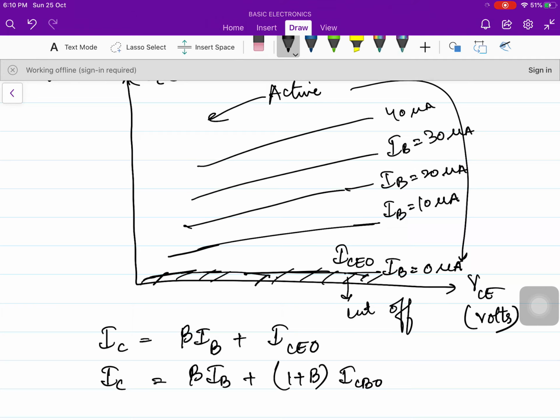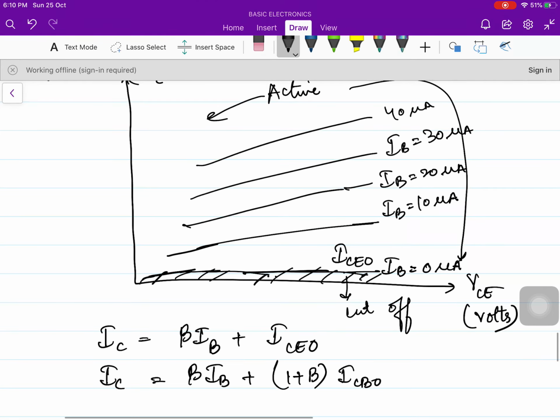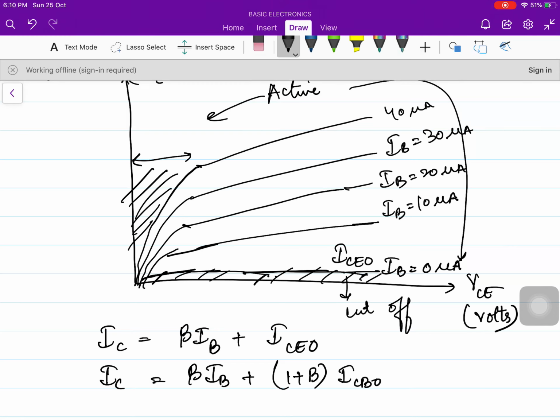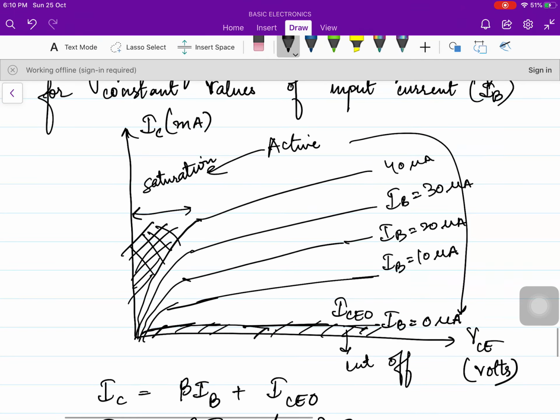And we have already discussed what happens when the junction gets forward. The direction of the collector current will get reversed, because the direction that was flowing during the reverse will now get opposite. So the collector current will start coming down, and we can see this saturation portion on the positive side itself. So this is the saturation part. Here in the output characteristic, we have shown the three parts in the graph: active, cutoff and saturation. The inverted portion is of no importance. So I hope you all have understood how we have drawn the output characteristic for common emitter.